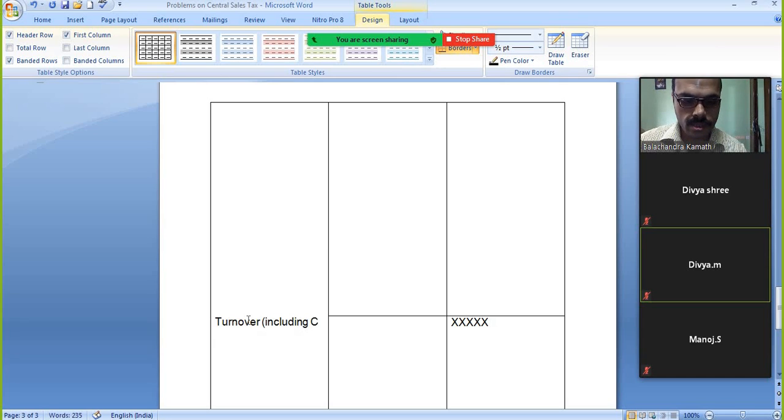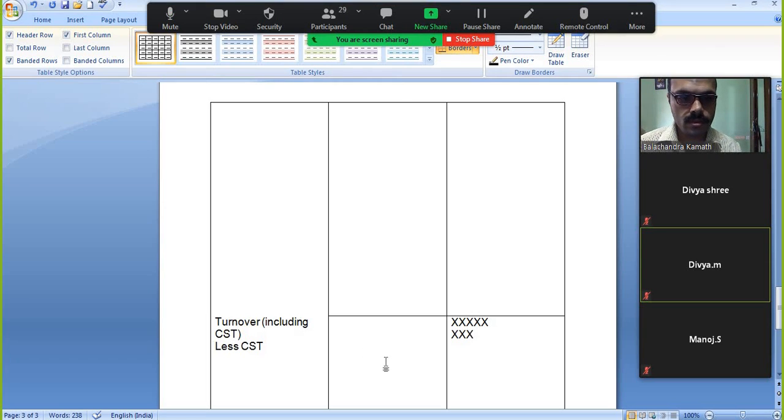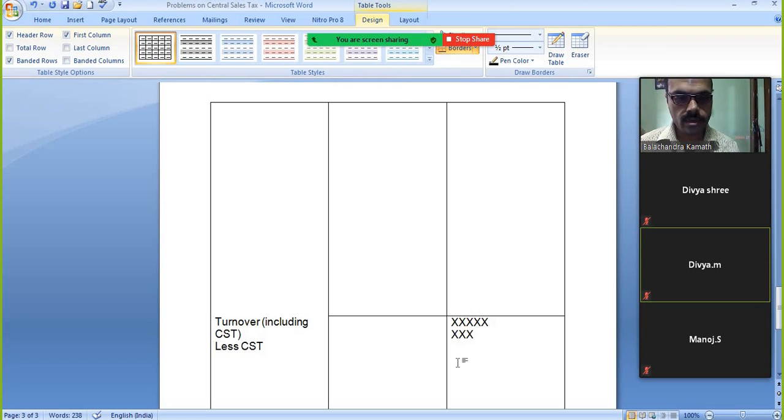This figure includes CST, and then from there you deduct the amount of CST. You will get what is called as